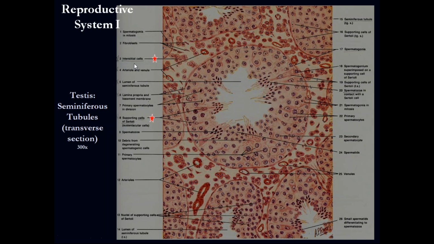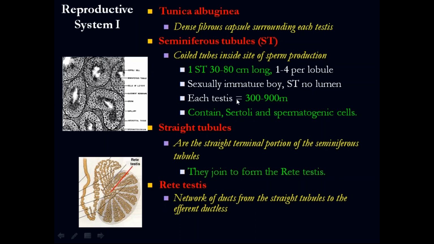Sertoli cells. Inside the seminiferous tubule, we have the Sertoli cells that we just mentioned. And outside, in between the seminiferous tubules, we have the interstitial cells, or Leydig cells is the other name. The Leydig cells or interstitial cells. And this is the cell that is going to produce testosterone. And this is the cell, sorry, that is going to nourish and protect the spermatozoid inside the seminiferous tubule.